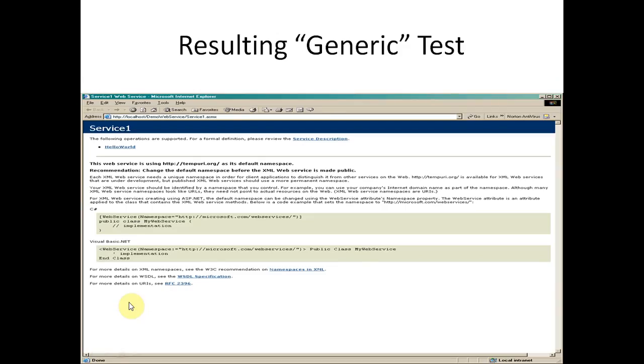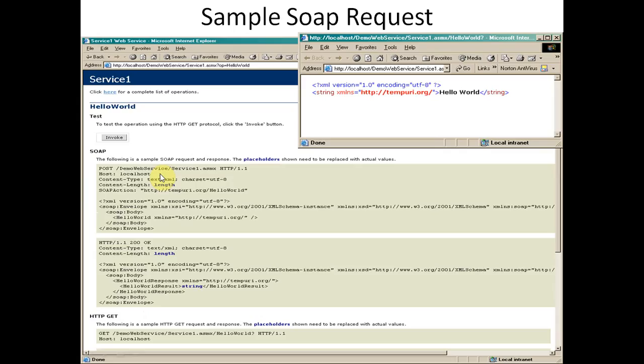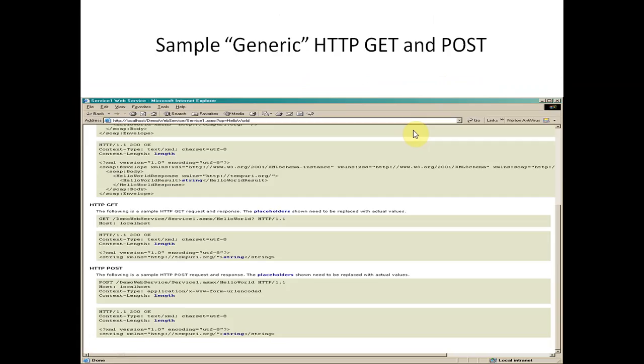Suppose we have a function, it will display the name of the function there in the web service. Say Hello World is the name of the function, so it will display the name of the function, and the output will be shown like that. When we click on this Hello World, it will display Invoke, and as we click on Invoke, it will display the output like this. Hello World will be displayed on our screen.